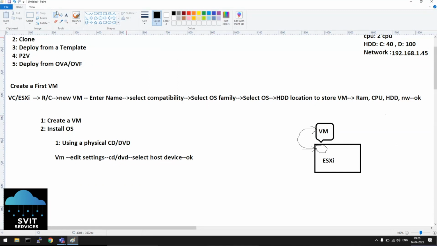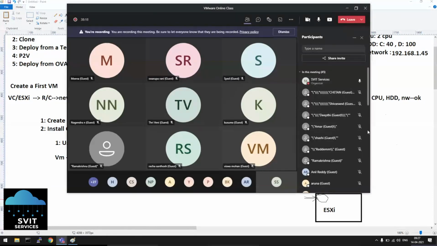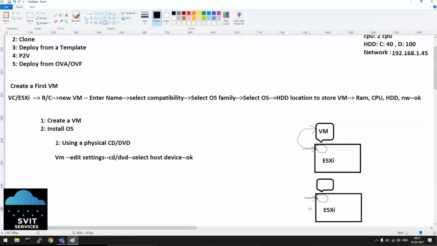If you have another ESXi machine, and you create one more virtual computer here, now if you want to install OS on this computer, we have to request that person to go and insert the CD again. It's not a feasible option again.